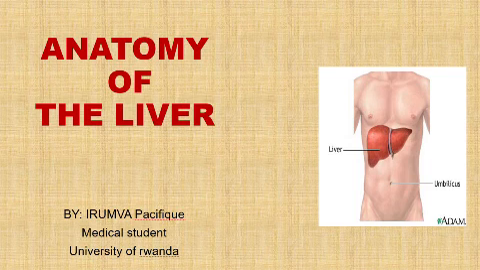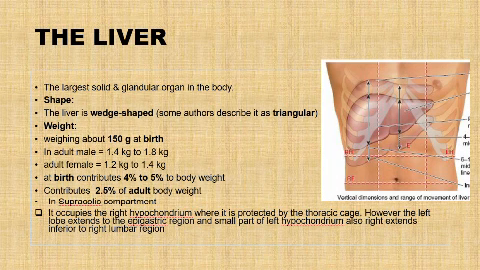Today I want to tell you about the anatomy of the liver. The liver is the organ which functions as the industry of the body. So we can go. The liver is the largest solid and glandular organ in the body, and it has a wedge shape, but